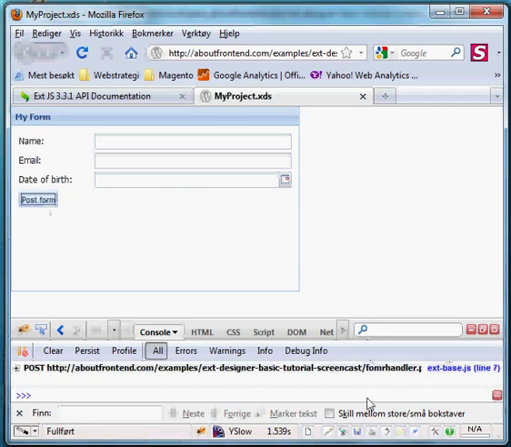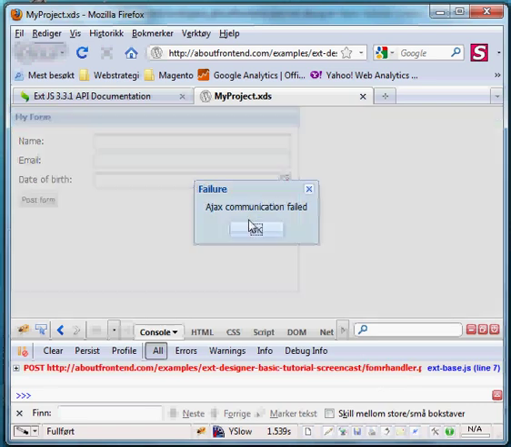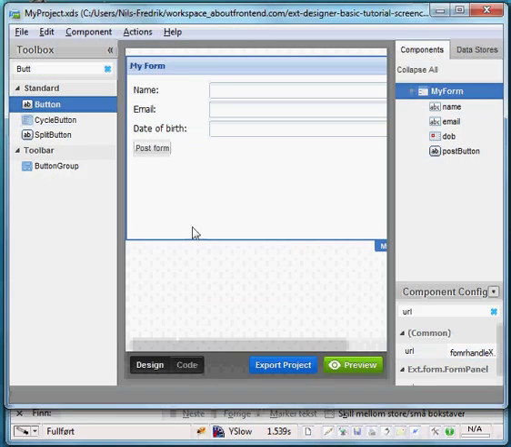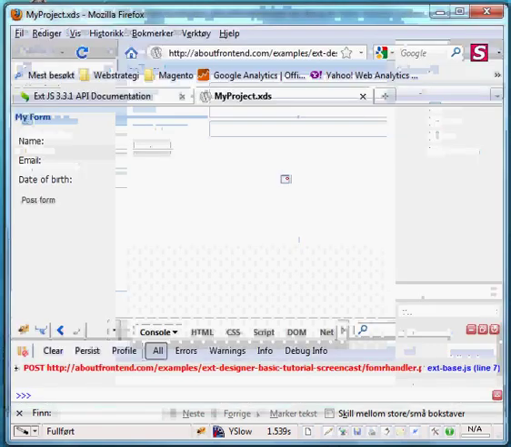And let's see how this goes. Yep, another typo. Let's go back again, and let me see if I can do it right this time. Form handler.php. Okay. Export project again. FTP file, and back and refresh,